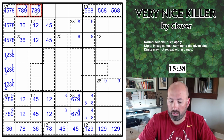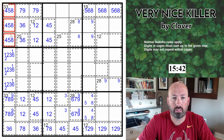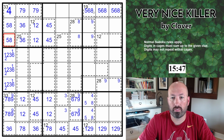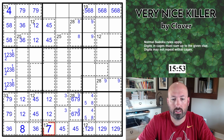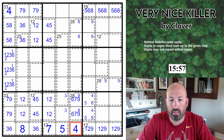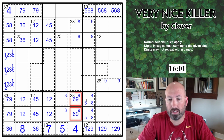And now we know that there's no 8 up here. This is a 7, 9 pair. We can get rid of the 7s there. This one's not an 8 or a 5, actually, because of the 5, 6, 8 over here. So these are not 8. That's 7, 9. This is now an 8 and a 7, which goes with 5 and 4. And now we are moving. All right, this is 6, 9, and this has to be 9, 8 with...